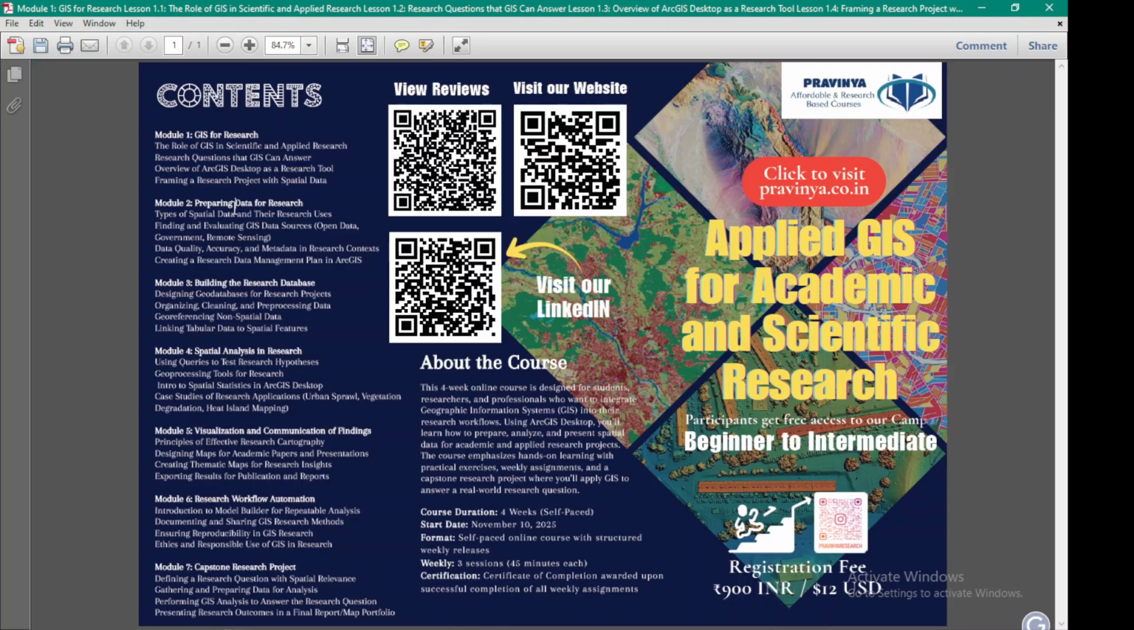Let's say in the spatial analysis research module, that is module 4, here essentially we are going to talk about how we use spectral indices to look out for urban sprawl, vegetation degradation, or heat island mapping. Which are the spectral indices that we are going to incorporate in order to identify